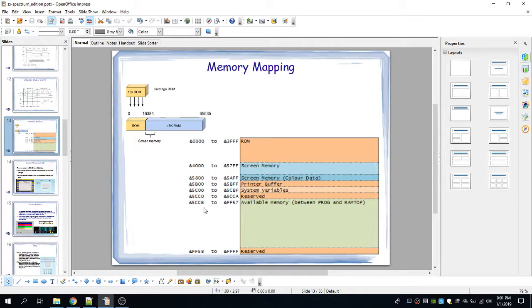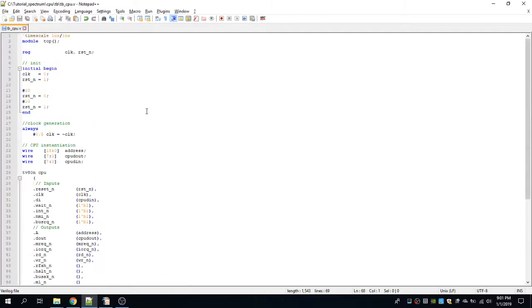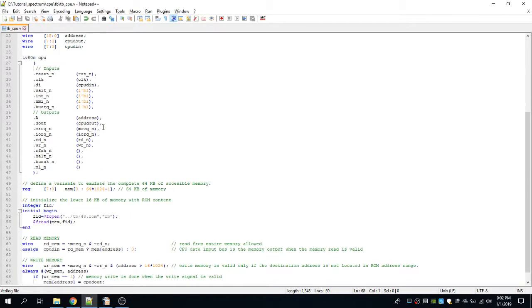So we have used the previous test bench when we had only the CPU without any kind of memory model. And starting from this, we are just adding the actual Spectrum firmware and also memory variable.